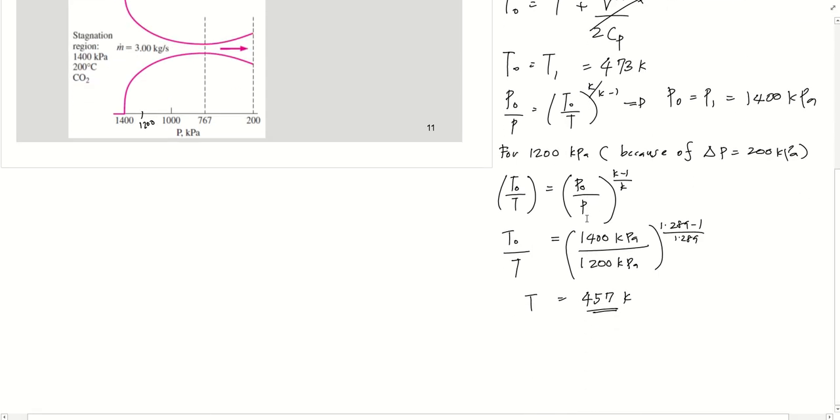So now we have the temperature corresponding to the pressure at 1200 kilopascal. From this temperature, first we need to find the velocity. How to find the velocity? From this equation,